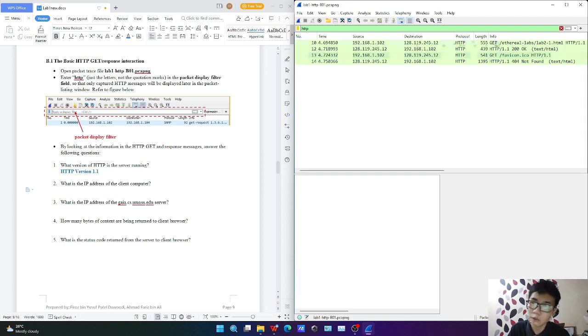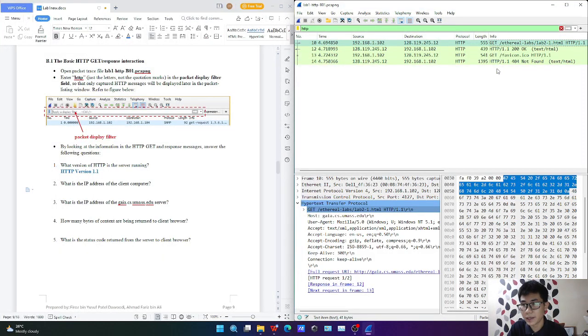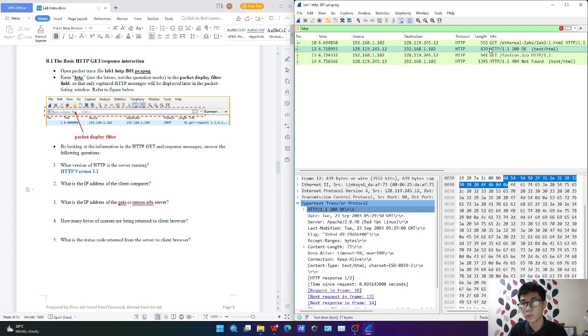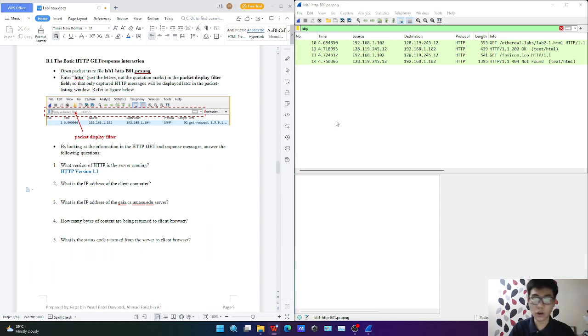So the first packet here contains a GET request, and frame 12 is the response from the destination to the first source. To not overcomplicate things, we just use the fact that the client computer will be sending the GET request. So the answer for the second question will be